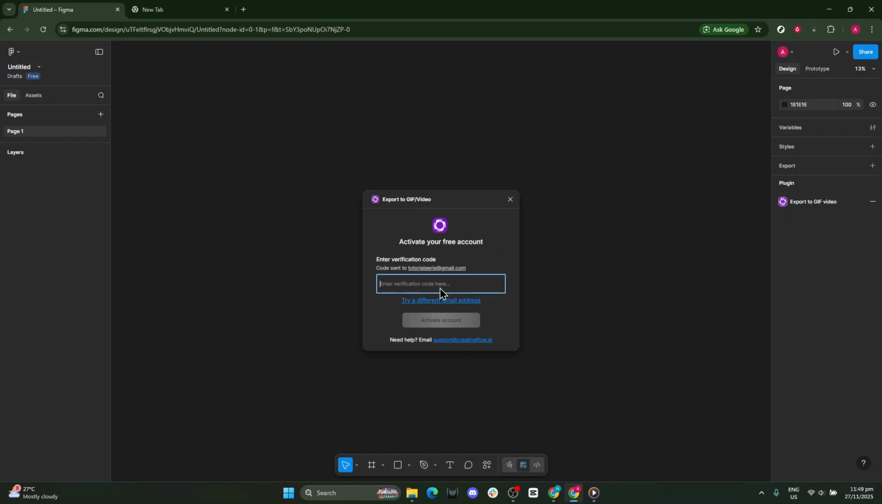That's all there is to it. By clicking the Actions icon, opening Plugins and Widgets, searching for Export to GIF/video, launching the plugin, verifying your email when prompted, and choosing the video you want to export, you'll have everything set up to generate a clean GIF or video output. Stay patient during